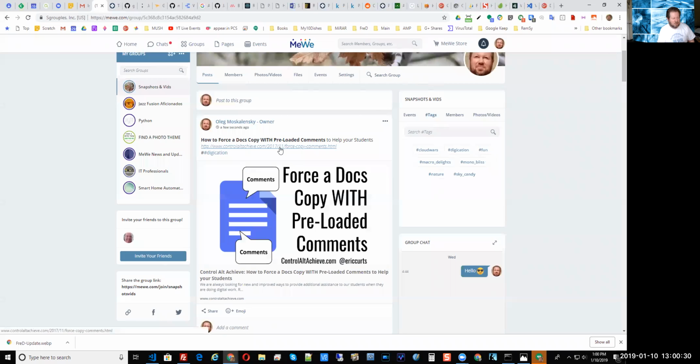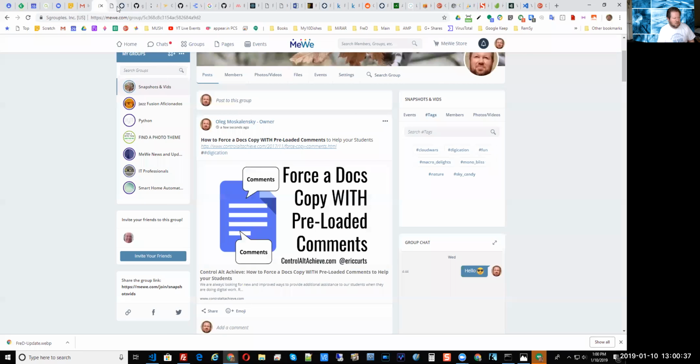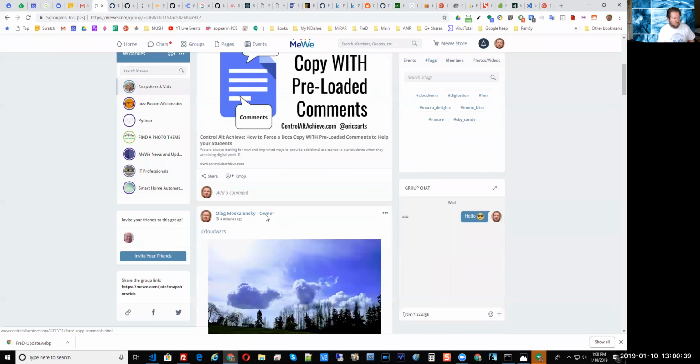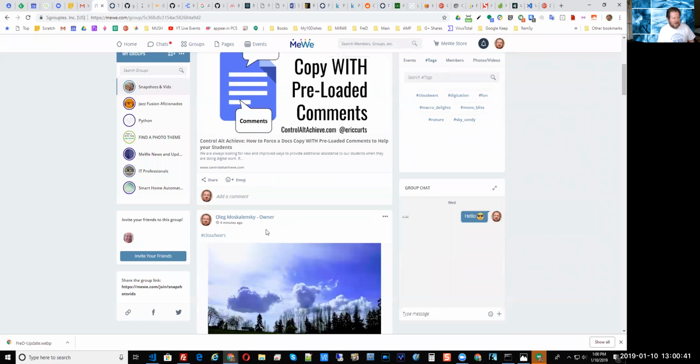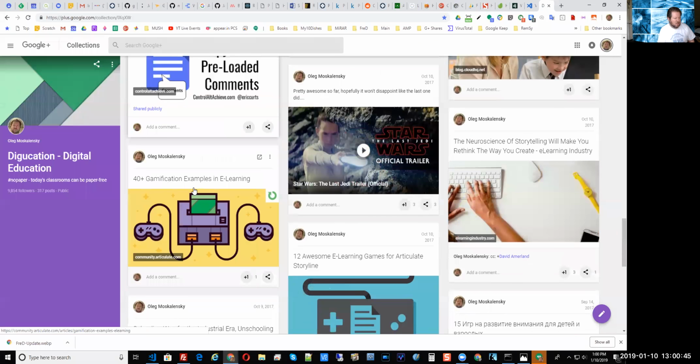Links, as you can see, automatically. Notice I didn't do anything; it automatically stuck it in there. So it looks like this, and theoretically, you could copy. One thing you could do is you can also copy the comments,